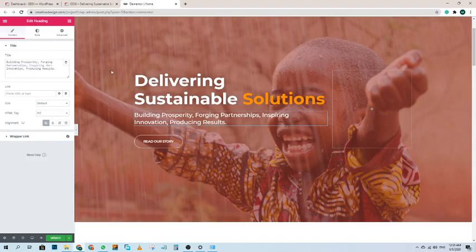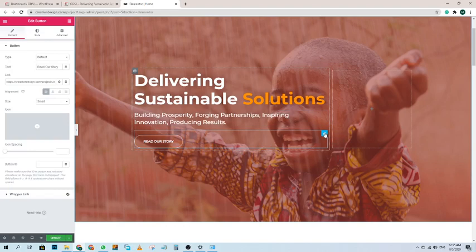This is the name of the element, and when you click here, this is the button, and this is the element name, edit button. So if you want to change the text of your button, simply write it over here.